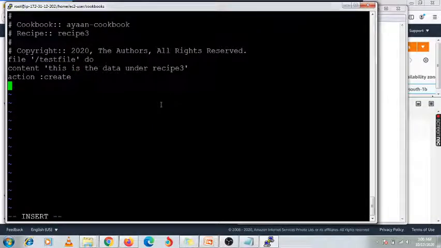Using owner with single inverted commas, here I am specifying root, enter. If you want to specify the group, you can use group with single inverted commas, and again I am going to specify the group as root, and I'm going to end it. Just save it.